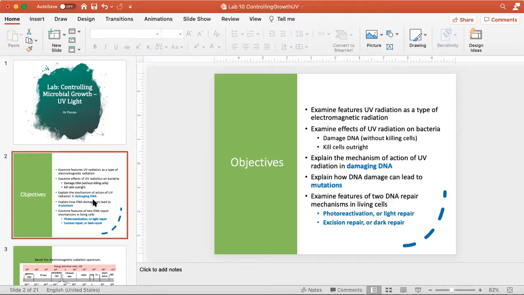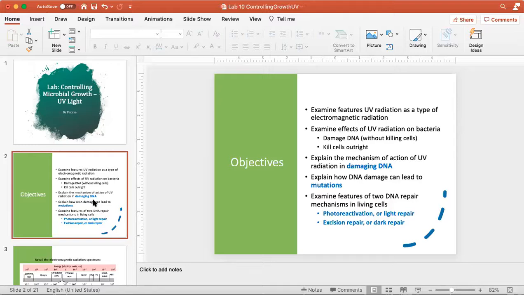Through evolution, there are pathways of repair that have evolved to address this problem of DNA damage. DNA gets damaged in living cells. It often gets damaged during the process of copying DNA. It's a natural process that sometimes goes awry. And living cells have developed several means of repairing that damage. You and I have DNA repair systems in our cells, and so do microbes. We're going to specifically talk about two of those repair pathways today.